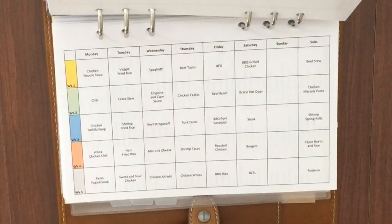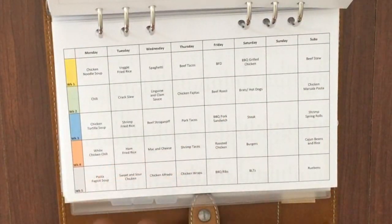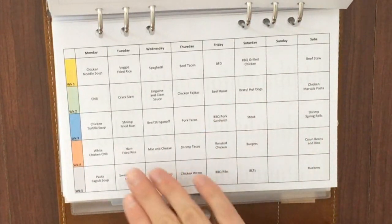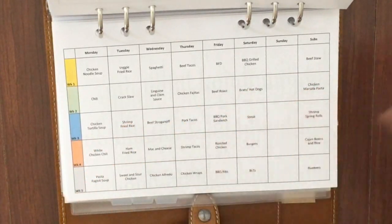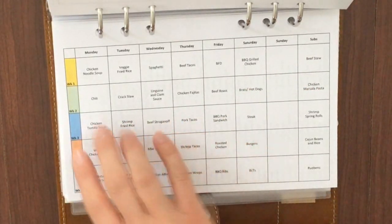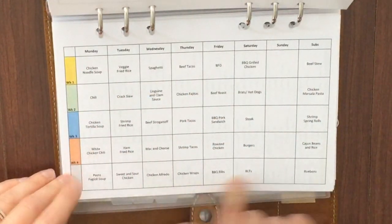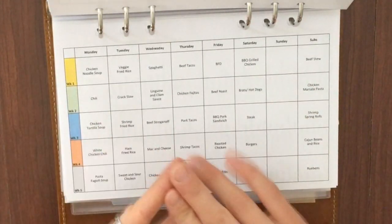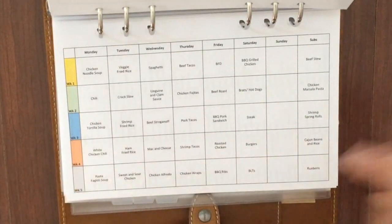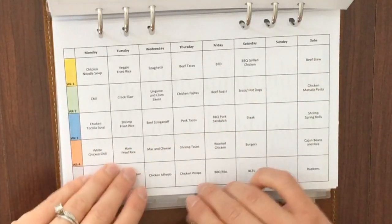Next is a meal planner. There's tons of different ways to do meal planning, but the way that I've been doing it this time around is just so simple, and it's been really helpful. I haven't stuck to this the entire 6 months of having a new baby, but anytime I feel overwhelmed, I fall back on this, and it's super helpful. I made this before my baby was born, and it's just a 5-week meal plan with really simple family favorite meals that I know my 2-year-old will eat, my husband will eat. Well, he eats everything, so that's no worry, but just easy things to make,